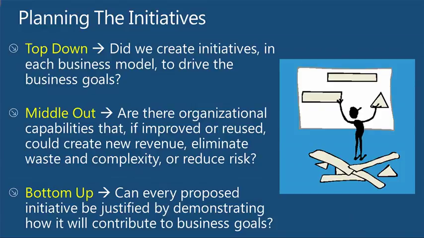So the way that you approach your initiatives is you really have to come up with a portfolio. It's a list. It's a pile of the initiatives you're going to do. And you're going to manage that portfolio kind of like you would a financial instrument. Okay? You're going to look at the return. You're going to look at the customer service value. You're going to look at the operational value, et cetera. Don't just come up with one way. Use 3 different ways to come up with that list.